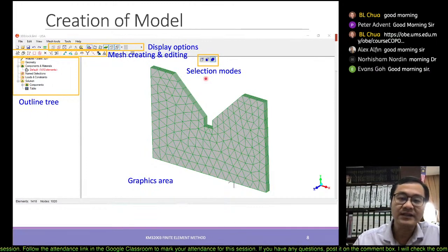So once you have downloaded it, the interface is quite straightforward, you just have to create